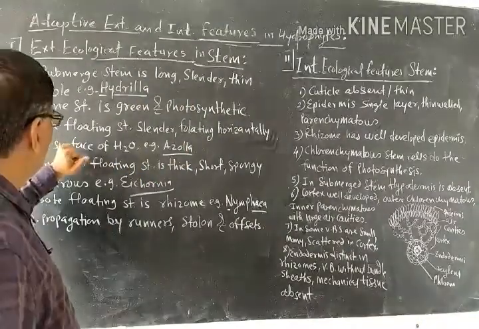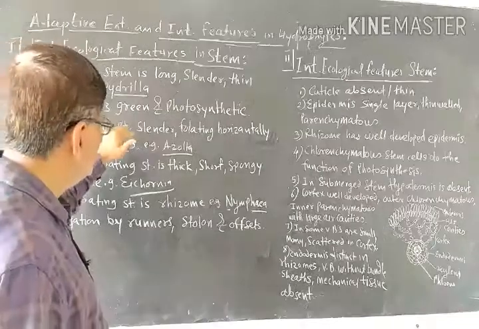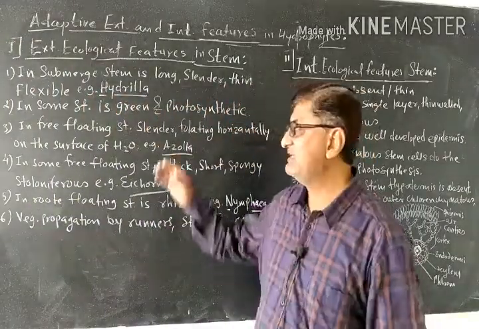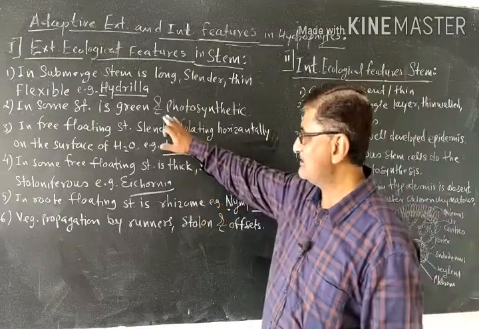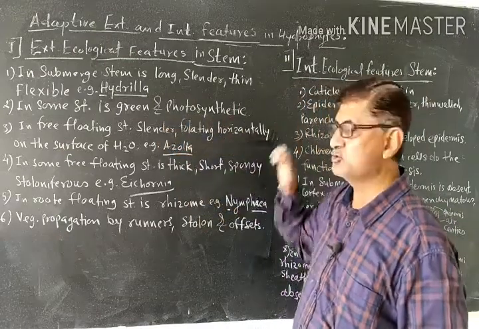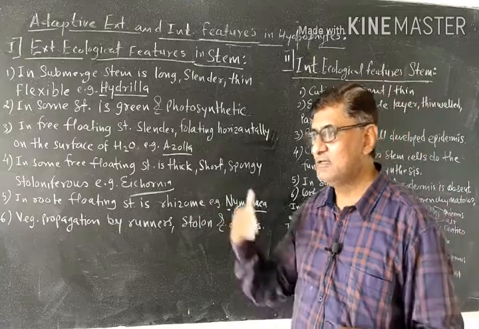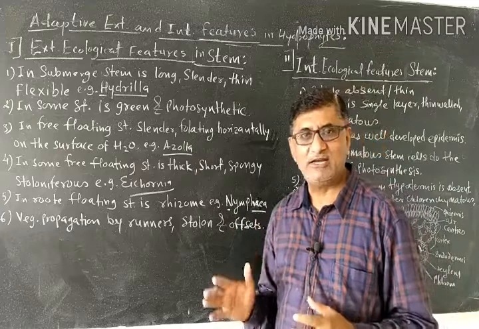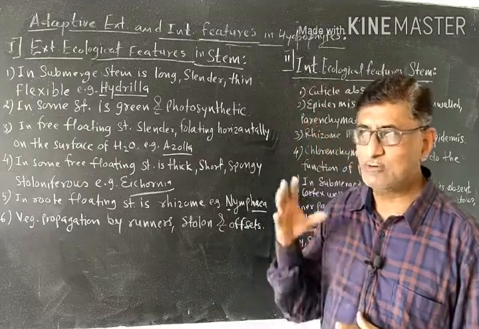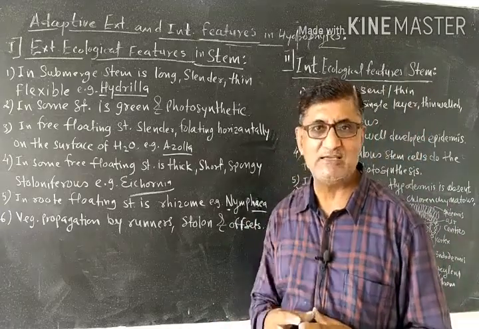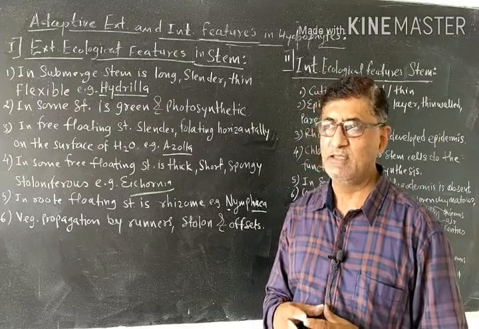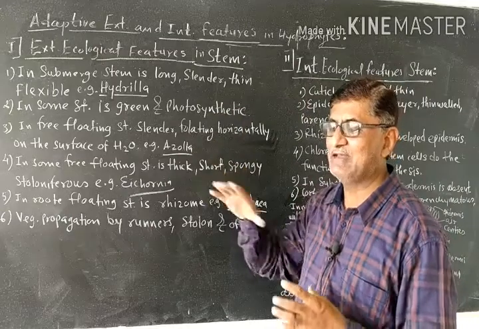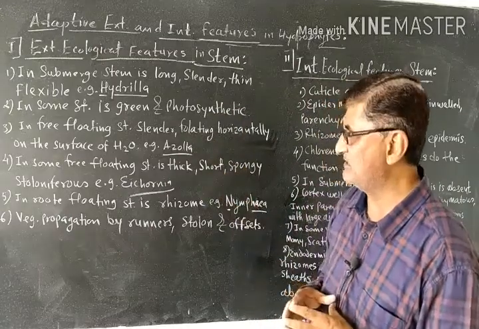In some hydrophytes, the stem is green because of the presence of chlorophyll pigments in their cells, and such a stem can take over the function of photosynthesis. It can compensate for the rate of photosynthesis that is reduced because of the reduced size of the leaves, and that is why the stem cells can also help with photosynthesis.